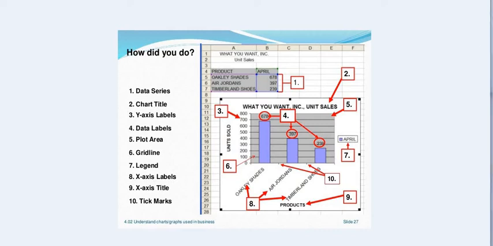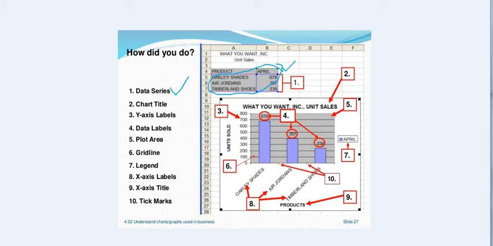Now first I am going to tell you about the data series. What is the data series? Whenever we create a graph, we mention the ratios or some details about it, how much measures we are taking, and that is the data series.